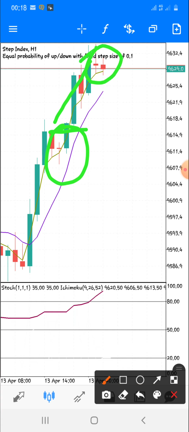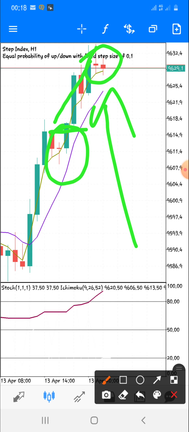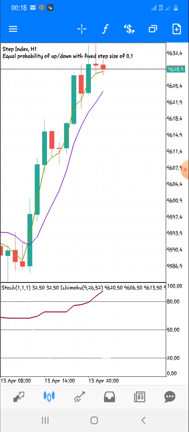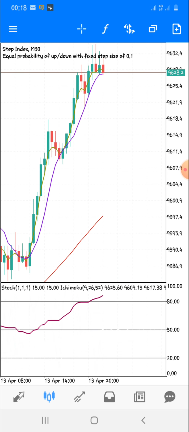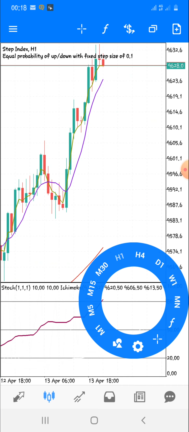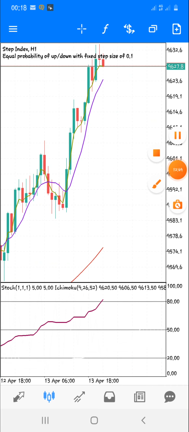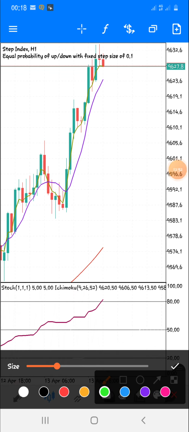Now here we see another doji, and the market is showing us another bearish candle, though we stated in some of our videos that you need to wait for a second candle. We call that candle a confirmation candle, then we can place a sell. So that's why I'm saying you need to utilize the other time frames. If you go to the 1 hour time frame,